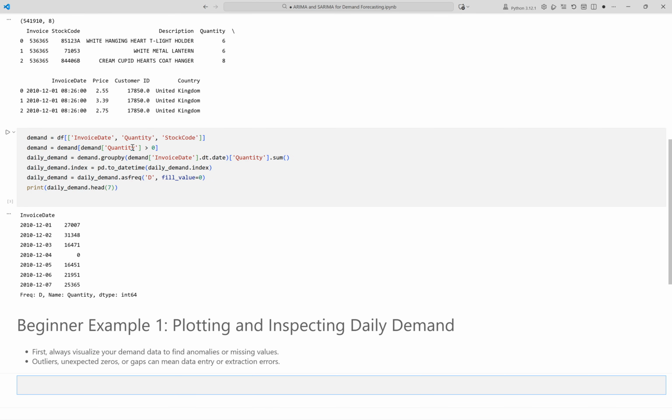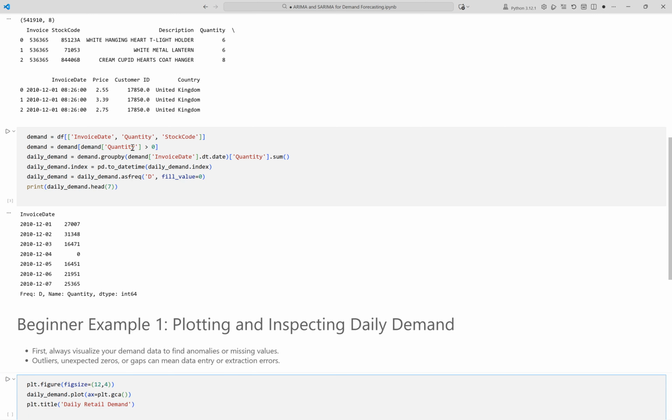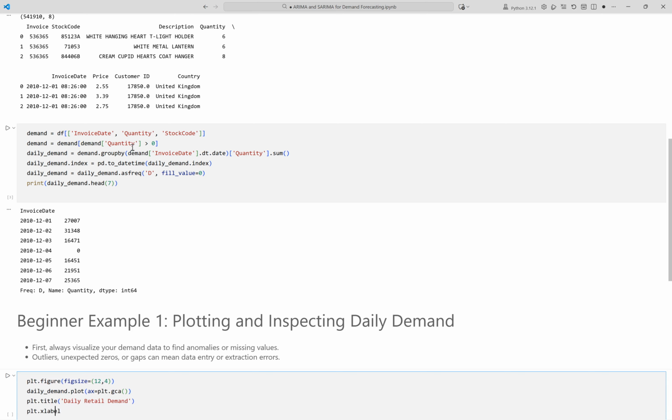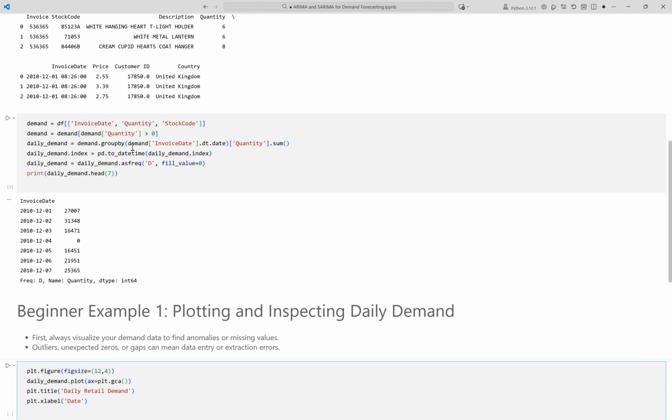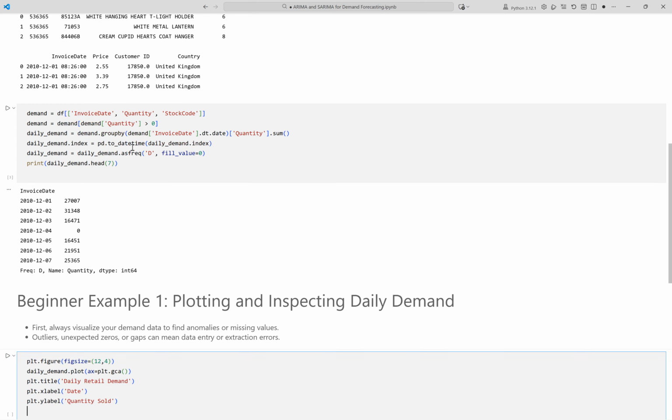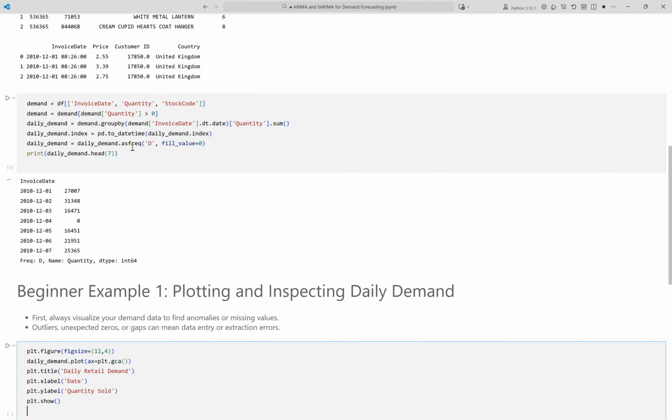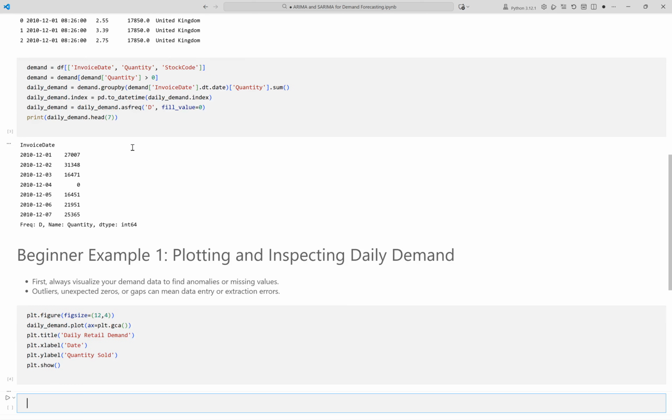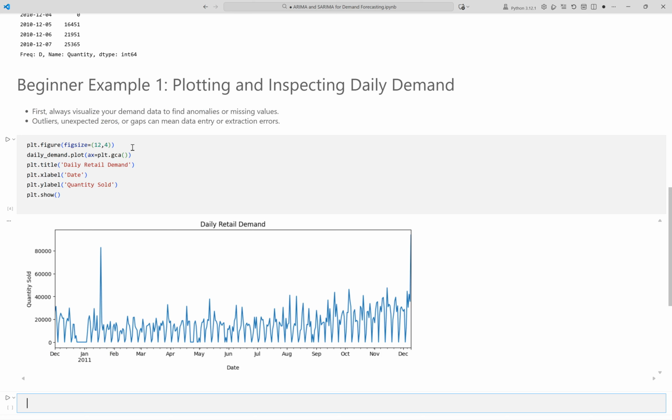We create a wide figure for easier visual inspection. Plotting the daily demand will reveal any trends or odd behavior. The title tells us this is overall demand over time. Labeling the x-axis helps track time. Labeling the y-axis shows the scale in quantity units. Displaying the figure lets us spot patterns or problems. Running the cell now. The plot shows the daily retail demand over time, allowing you to visually inspect for any